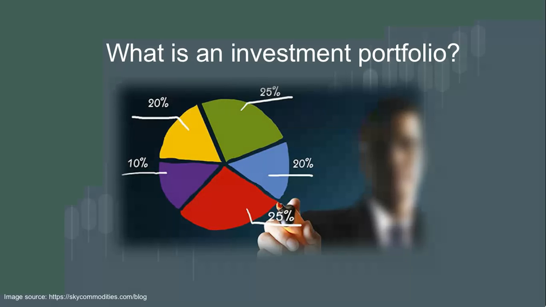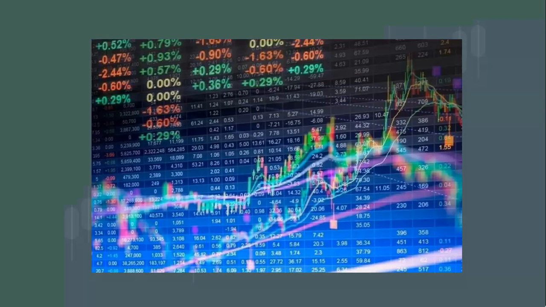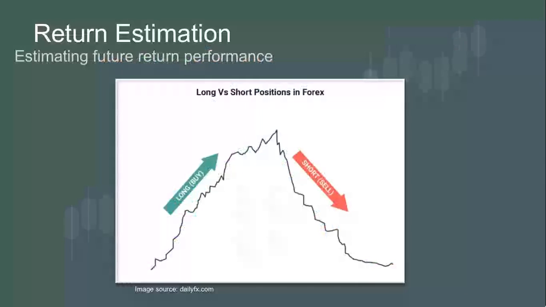Let's continue to return estimation. In return estimation, we need to have an investment pool, set criteria in our investment pool, and qualify it for our investment portfolio. There's a lot of financial instruments we can choose from: stocks, bonds, mutual funds, and many more. After setting criteria and qualifying the assets in our investment pool, we can now forecast or estimate our investment pool's